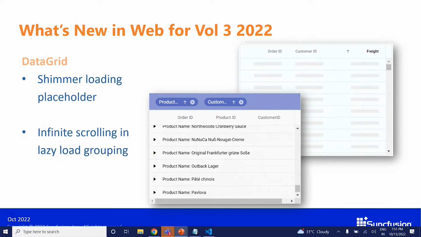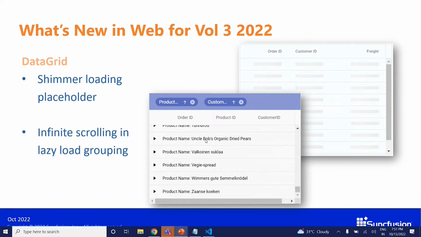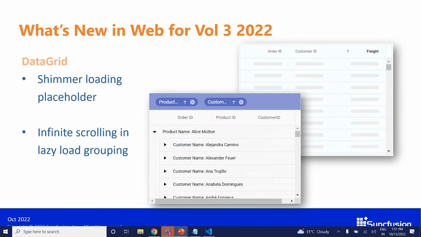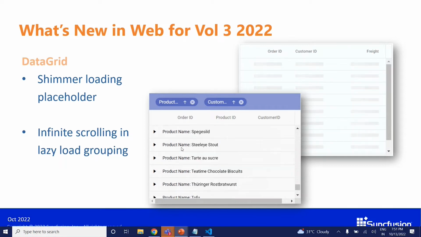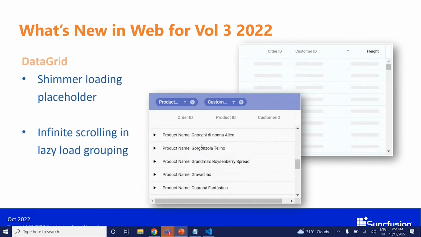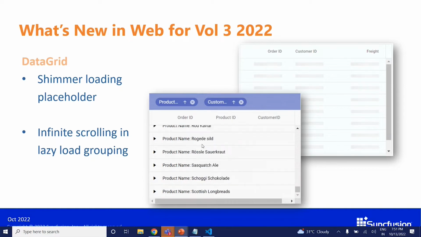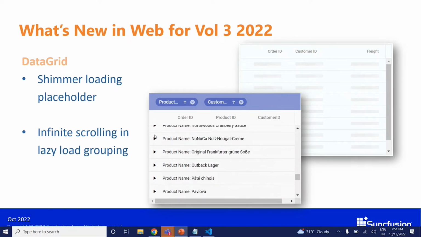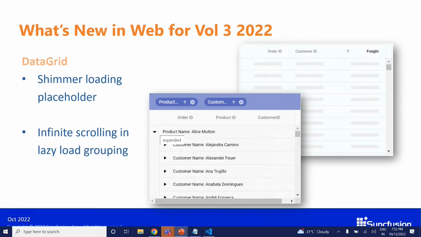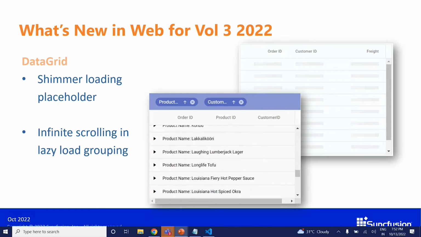So there are chances that the inner level child can be of any length. I mean, there can be n number of levels. So what is the main idea here is the records will be loaded in the collapsed mode when infinite scrolling is enabled, and only if I expand any of the specific rows, at that time the child levels will get loaded dynamically, so as to improve the performance of the initial rendering, as well as other performance issues can